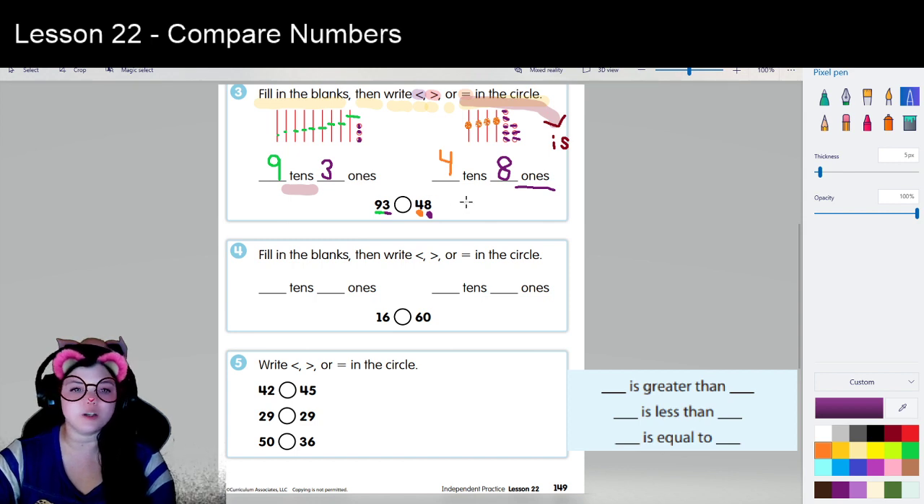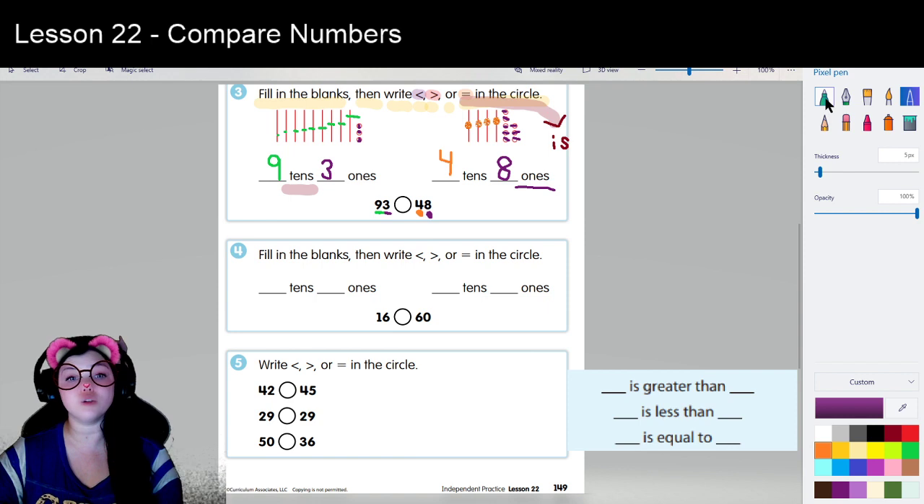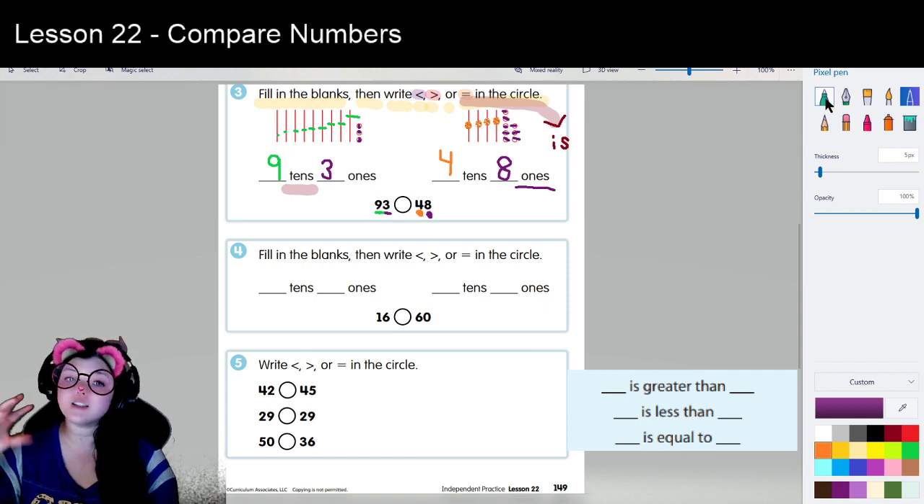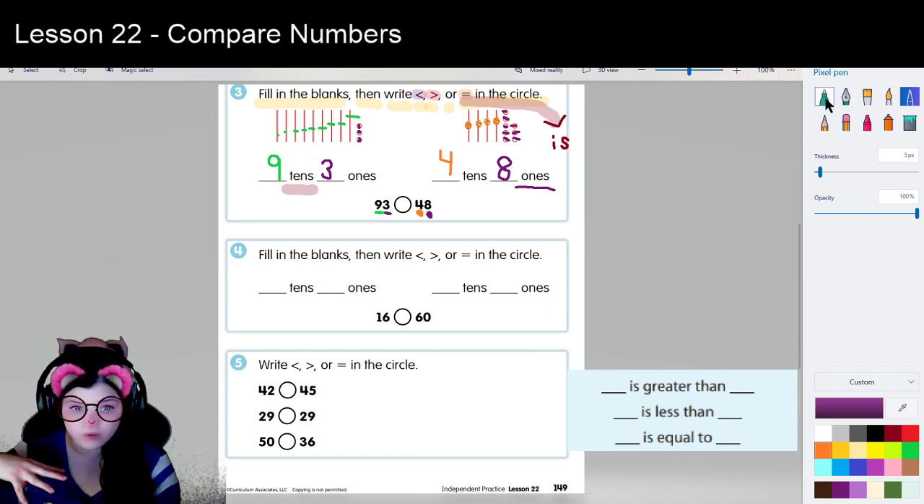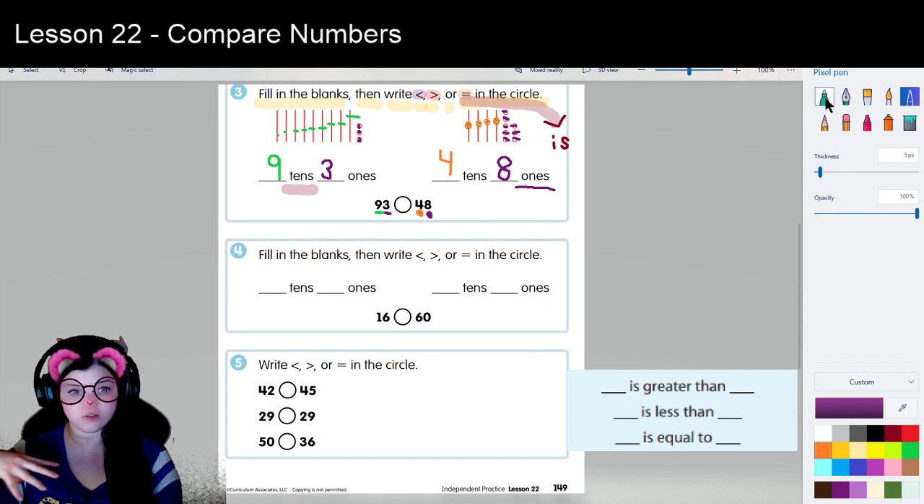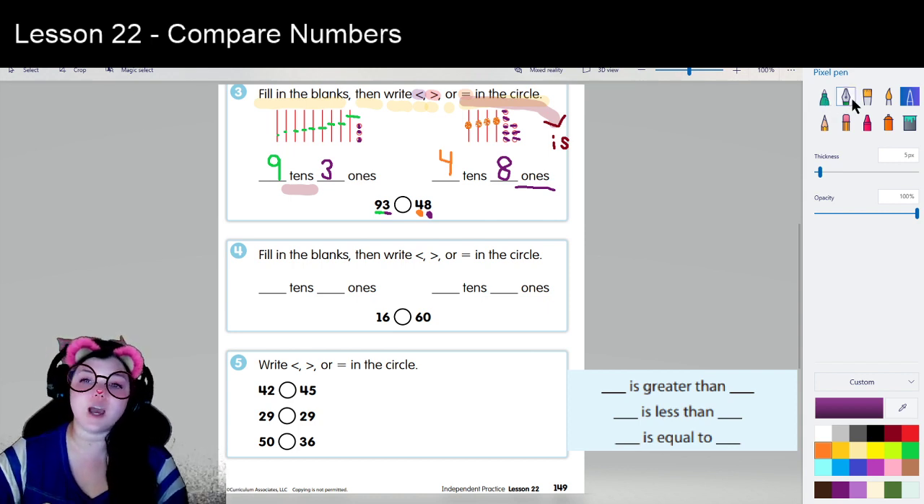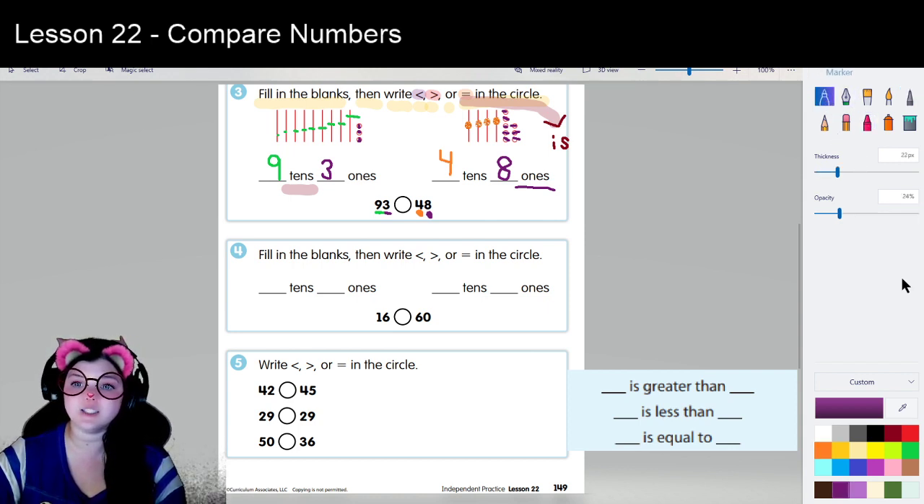So to tell which number is bigger or which number is smaller, I always want to first look at my tens place. If they are the same number of tens, then I can look at my ones place to determine which one is greater, which one is bigger, which one has the most, or which one is less than, which one has the fewer amount, the smaller amount. But because they both have a different number of tens,